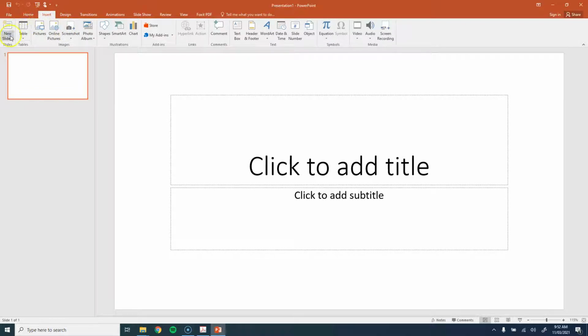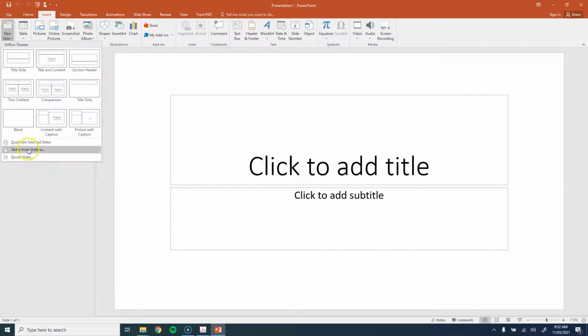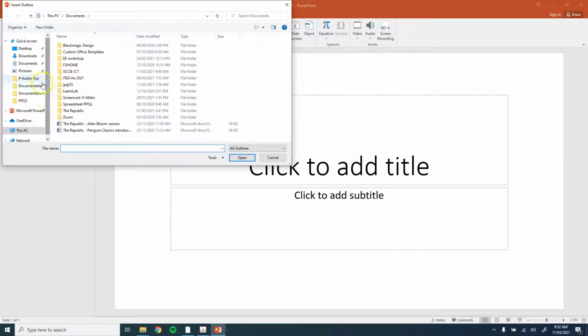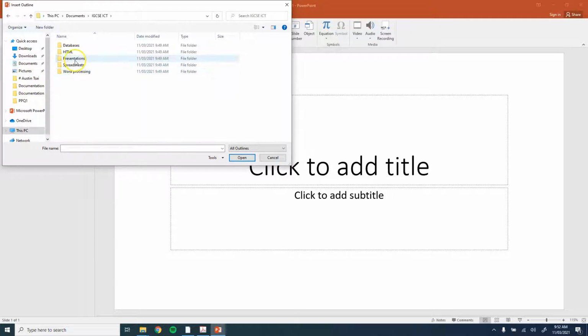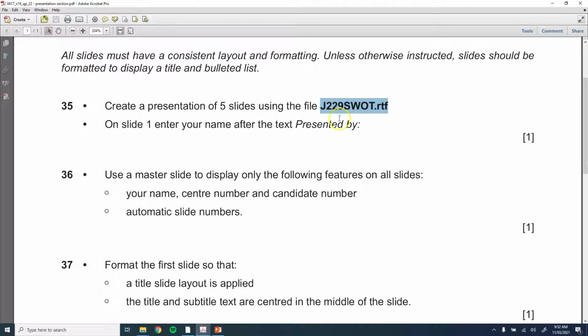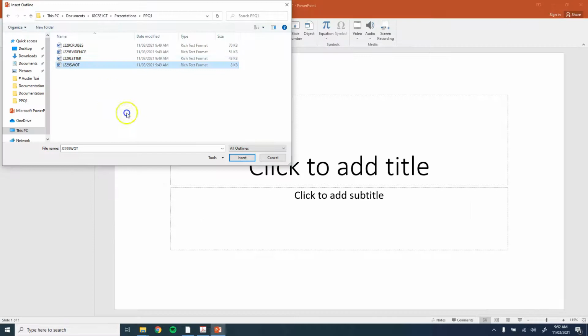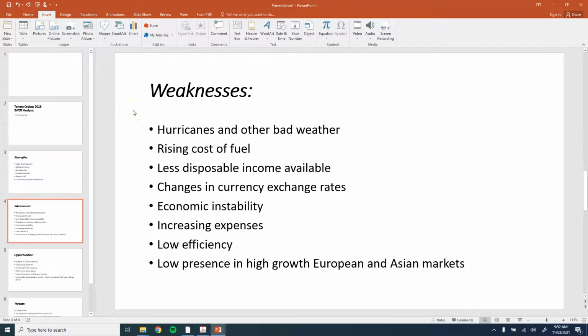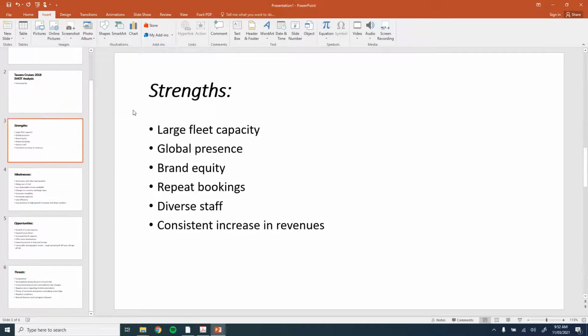Insert and choose Slides from Outline. So what we're doing is importing an RTF document. So I'm just going to go and find where I stored them. So IGCSE, ICT, presentations, PPQ1, and which file is it? SWOT. So if I select SWOT and hit Insert, then I get all of the slides for my presentation thrown